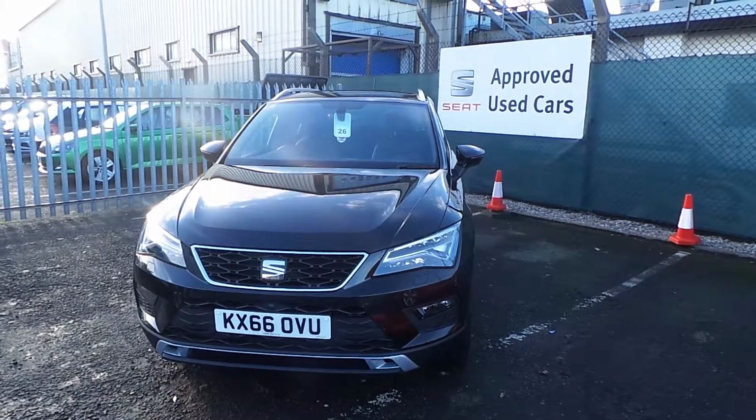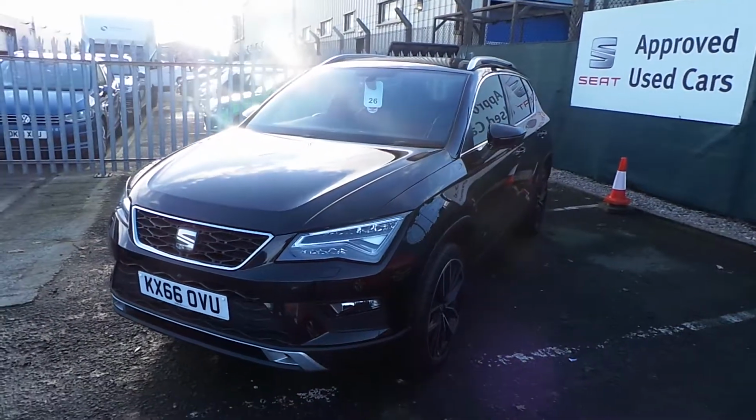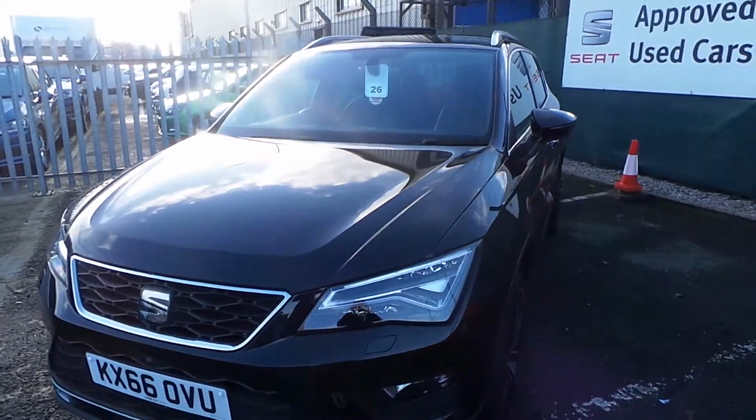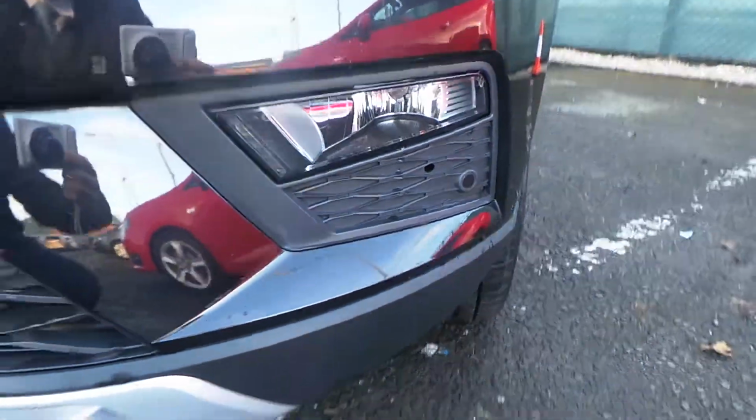Welcome to Crewe. Today we have a Ateca Xcellence 4Drive, finished in magic black, 2 litre TDI 150 PS model. Features on the car are the LED headlamps, fog lights and front parking sensors,